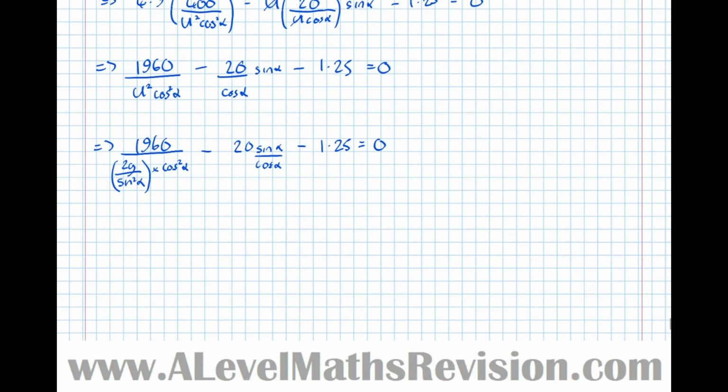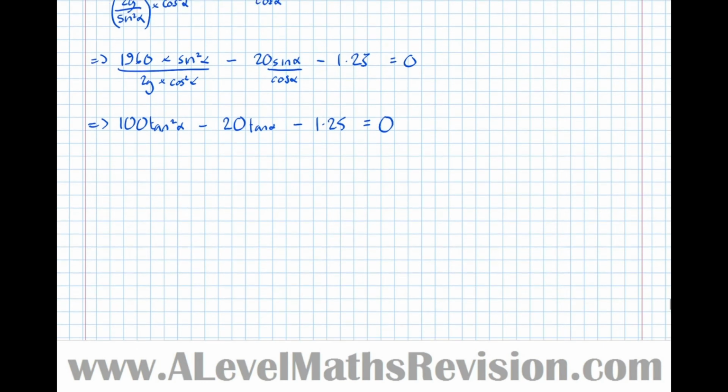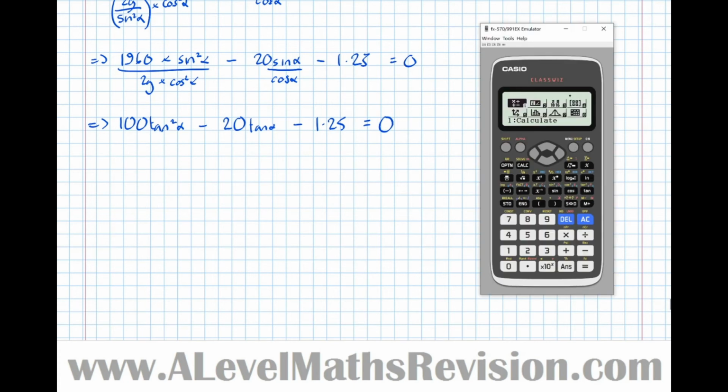So dividing by a fraction is the same as timesing by its reciprocal. So that becomes 1960 times sine squared alpha over 2g times cos squared alpha. Take away 20 sine alpha over cos alpha minus 1.25 equals 0, which then means that we're almost there. So notice that the question didn't say show full working, therefore it's acceptable now just to put this in the quadratic solver in the calculator. So going straight to the quadratic solver,